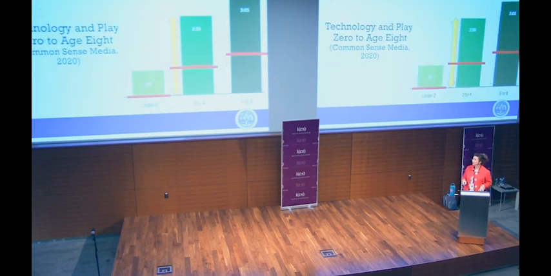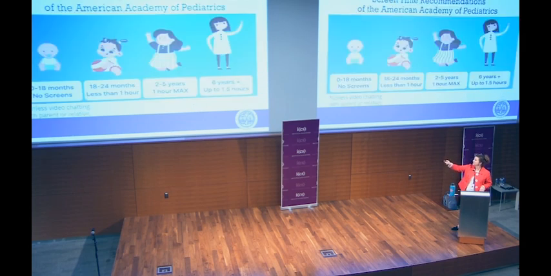So what are we looking at? How much time are kids actually spending on screens? Well, what you see here is that 2-year-olds in the United States have less than an hour on average. 2 to 4-year-olds have an average of 2.5 hours daily. 5 to 8-year-olds have little more than 3 hours. Now, what's important to point out,